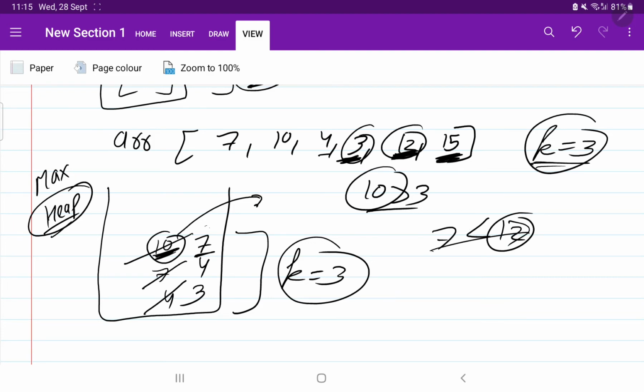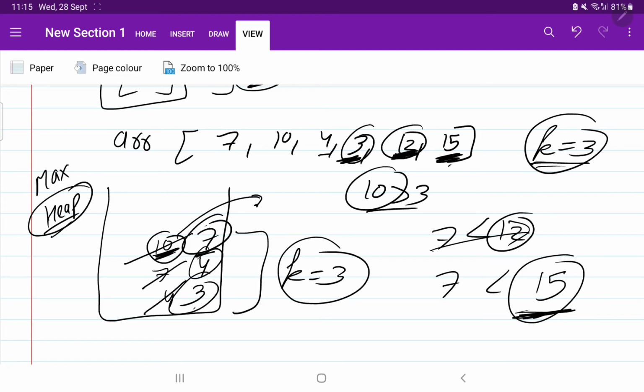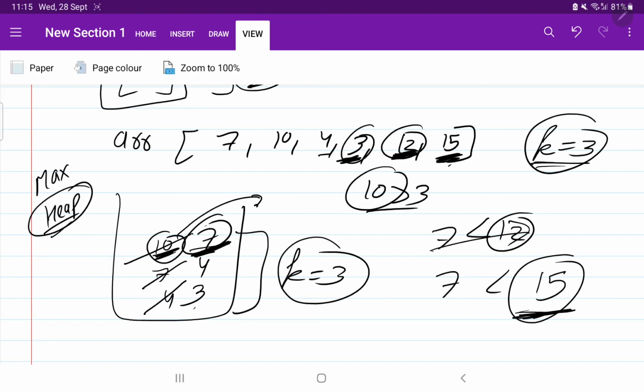Again we check for 15. 15 is greater, so we don't need to push it into the queue. The array is completed. Now you can see the top element is the third smallest element. We don't look at the elements at the bottom, we just focus on the element at the top. I hope you got some idea of how to use a max heap.